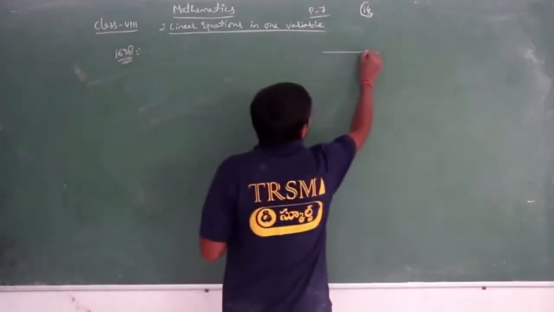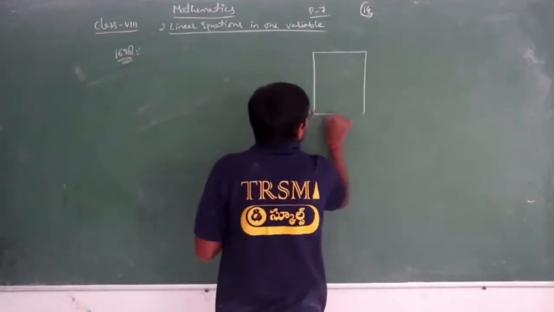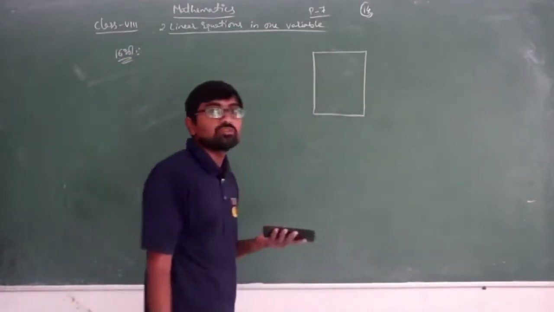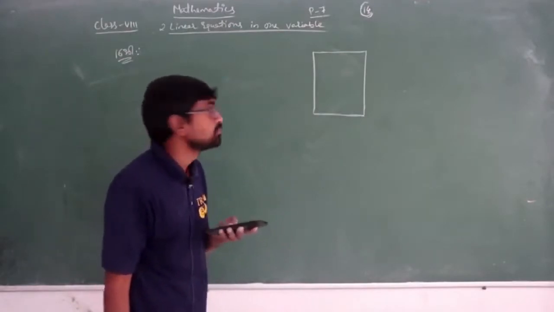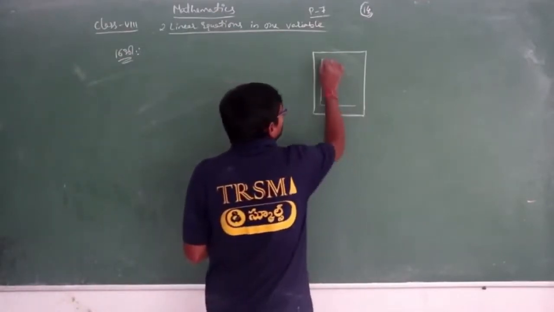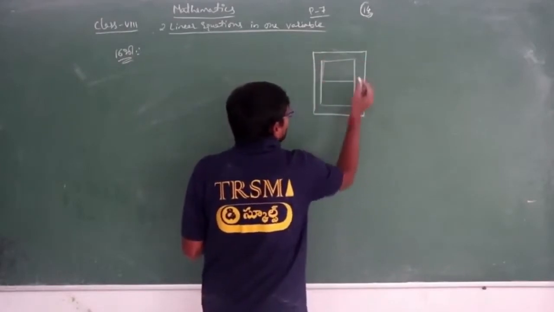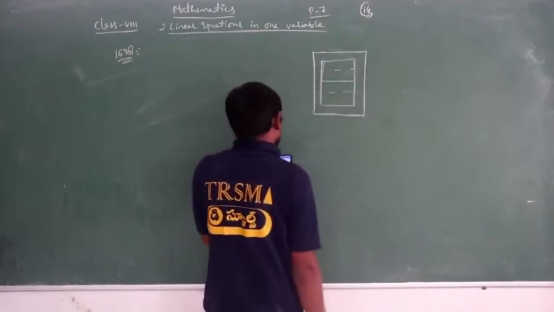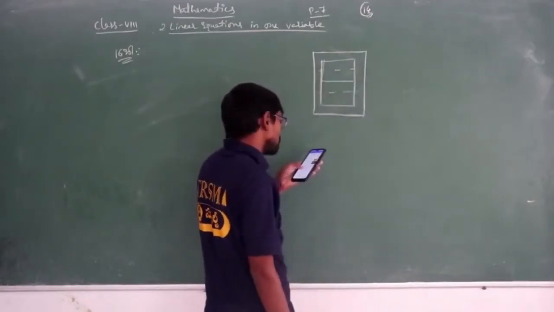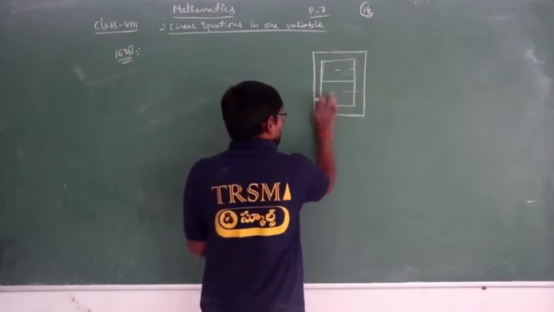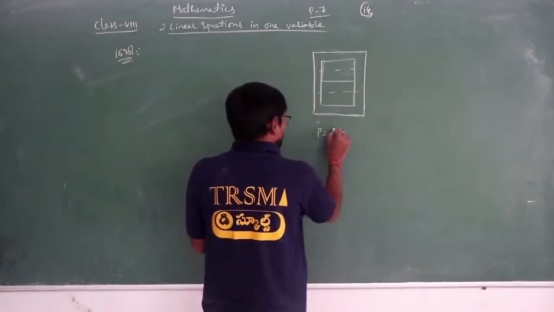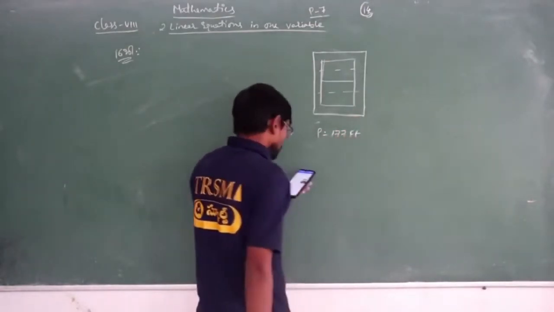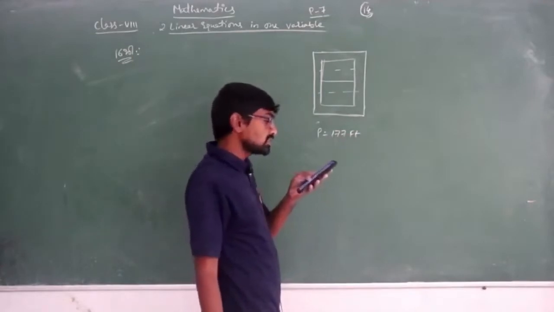We are having one rectangular volleyball court. Okay, the perimeter of that volleyball court. A volleyball court will be in the form of a rectangle only, isn't it? So here we have one volleyball court. In the textbook you have a diagram also. It will be in rectangular form, isn't it? Next, volleyball court, the perimeter. He has given perimeter is equal to 177 feet.